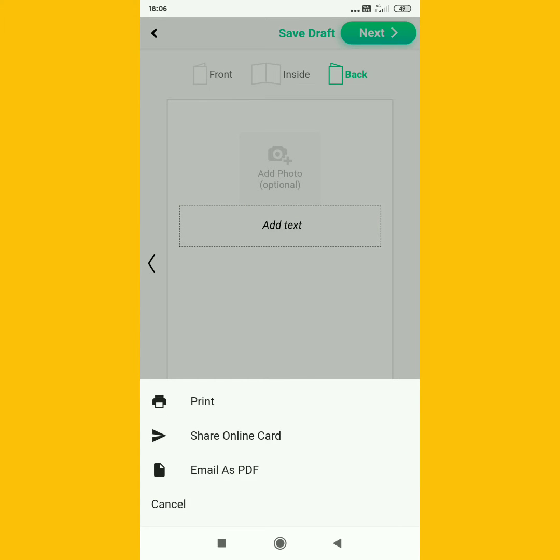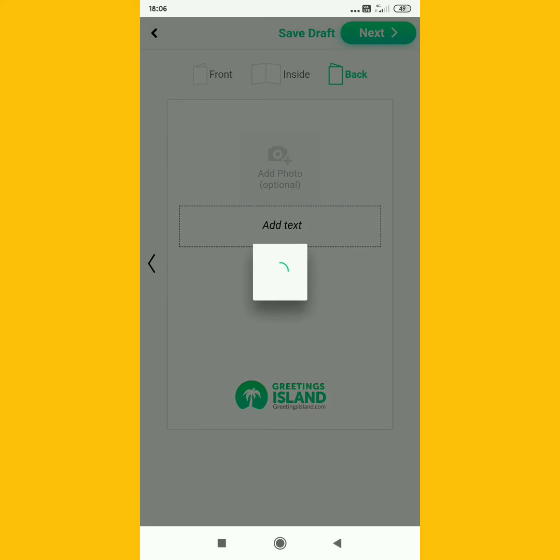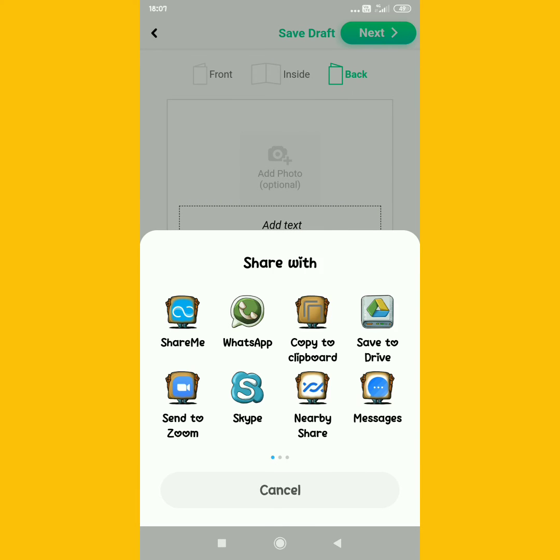If you want to share your online card, you will use this. Click on the share option and you can share that online card. Think you want to share it to your brother. So you have clicked on the share option, share online card. It will process itself. After that you can see, if you click on WhatsApp and again go to your brother's profile, you just click on your brother's and send it. You can see it will appear as a link.